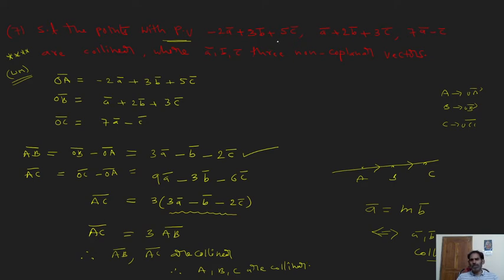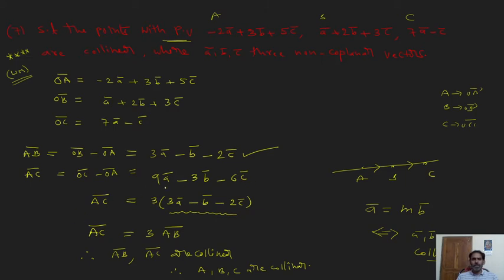3 points are given, and their position vectors are given. That's why I'm writing the points are A, B, C, but their position vectors are OA bar, OB bar, OC bar. After that, I'm finding the vectors. These 3 points I'm converting into 2 vectors, AB bar and AC bar, using the position vector concept. AB bar is OB minus OA. This is the answer. AC bar is OC minus OA. This is the answer. This implies I'm getting 3 as common.